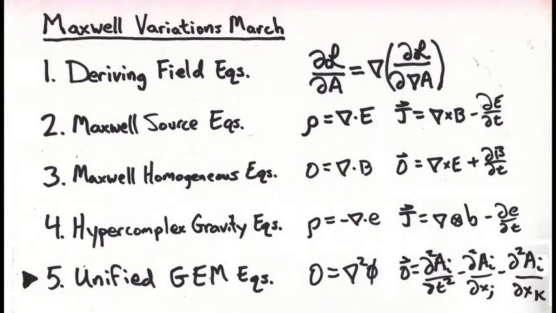Now, the Lagrange density for the EM source equation can be used to derive the two Maxwell equations. That would be Gauss's law and Ampere's law. And I did that in 2 out of 5, as it were. The hypercomplex gravity equation Lagrange density was used to derive an updated form of Newton's field theory for gravity. And there actually has been a little bit of controversy in the Science 2.0 blog, because there are people, somebody there, that didn't really think that I'd achieved a certain goal,